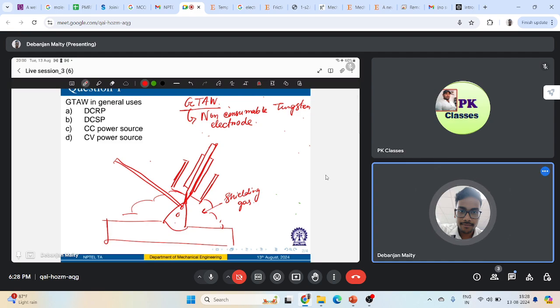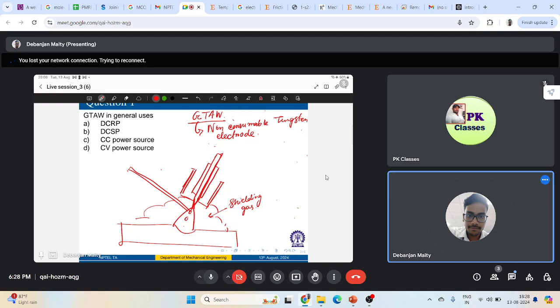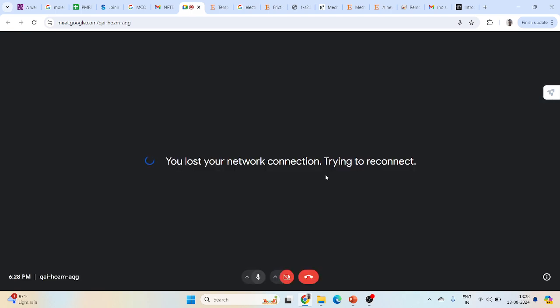Over here, the torch holding the tungsten electrode is connected to a shielding gas cylinder, as well as one terminal of the power source. Now, the tungsten electrode over here is usually in contact with some water-cooled copper tube. So the tungsten,